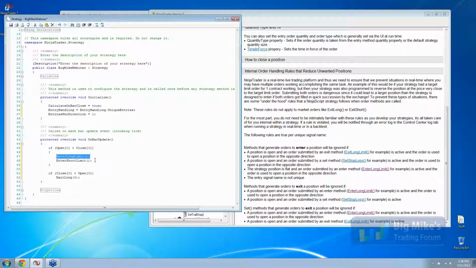You can check the prices, your current price, and if it's closer to your upper bracket, you want to go ahead and keep your upper bracket order active. And if the closing price or the current price starts shifting downwards and becomes closer to your lower bracket, you can go ahead and cancel your top bracket order and submit your lower bracket order. Now that does come with the, it's not a perfect scenario for bracketing when you do that though,